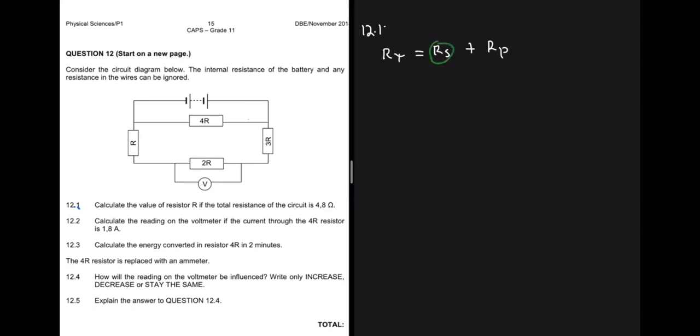When do we say that a resistor is in series? We say that a resistor is in series only if it gets undivided current. If it gets I total, it is in series, right? So